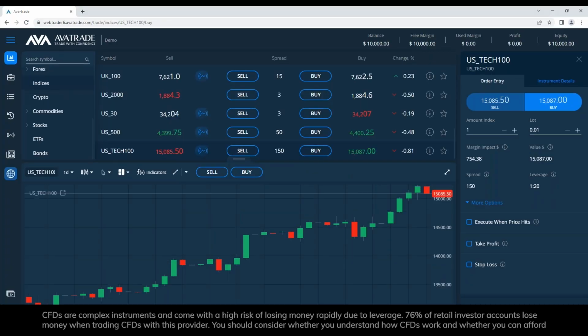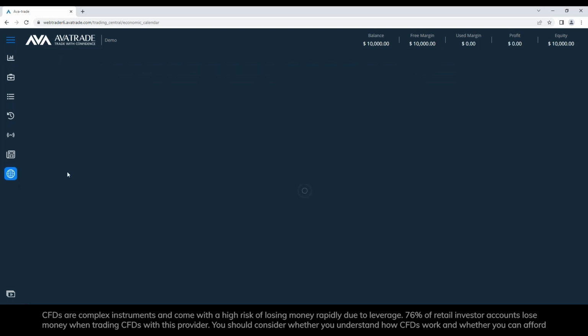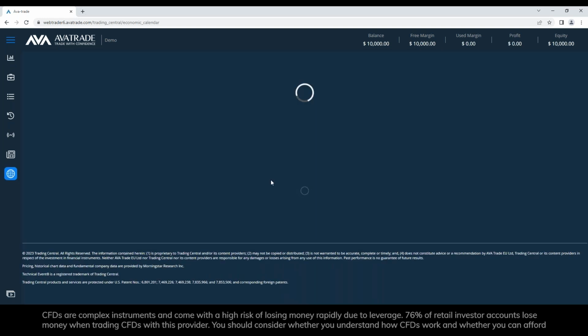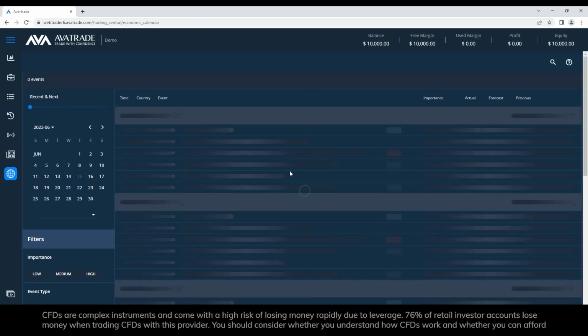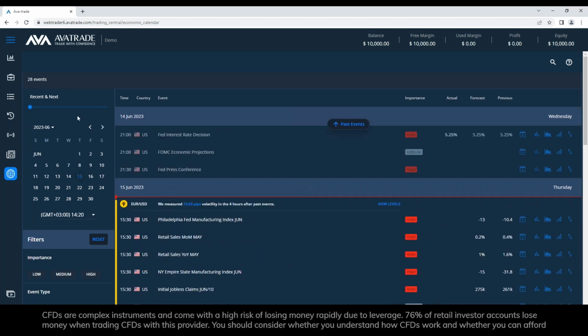Okay, guys, this is the web trader, left middle bar. I don't know what to call it, the sidebar. This is another sidebar to the left. We have discovery, the globe-ish icon here, and at the bottom of this list, we have the economic calendar. If I click on economic calendar, one of the best things about it is that I can filter it according to what I need.